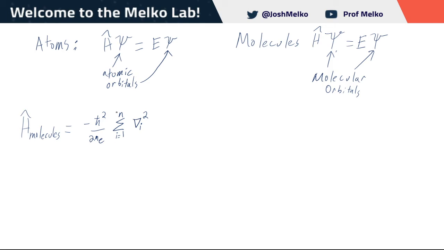We haven't really done anything different for the Hamiltonian of atoms versus molecules yet. This term is just the kinetic energy of the electrons. And we have the notation here to describe all the different electrons, because we're summing up from electron 1 to electron n. The second term here